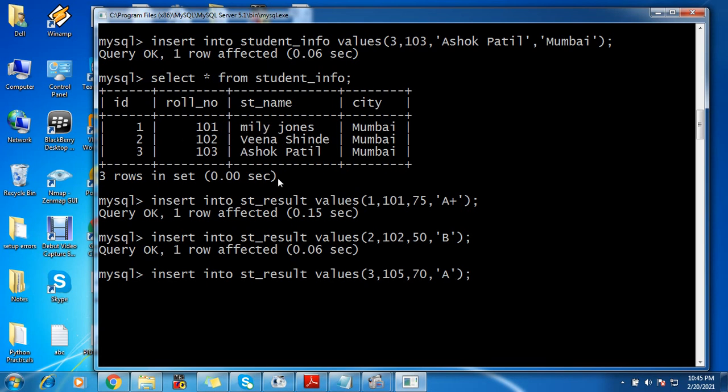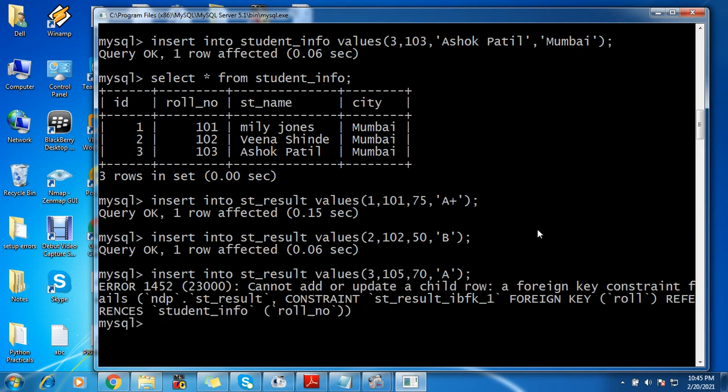Let us check whether it is going to accept it or not, because the basic rule of primary key and foreign key is if you're adding a reference in two tables, the primary key table or the parent table should have the record present, and then you can add a child record inside your foreign key table. So this record is not present in our primary key table.